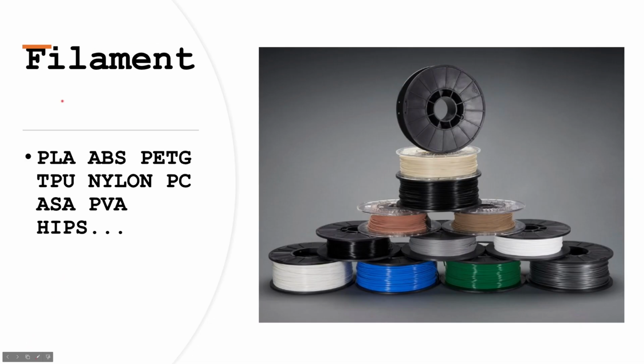So, filament. There are a lot of different types of filament, as you can see here. There's even more than this. But there's a few main types of filament people would print with at their home. PLA, ABS, PETG, TPU. Yeah, that's basically it. I mean, some people print nylon,